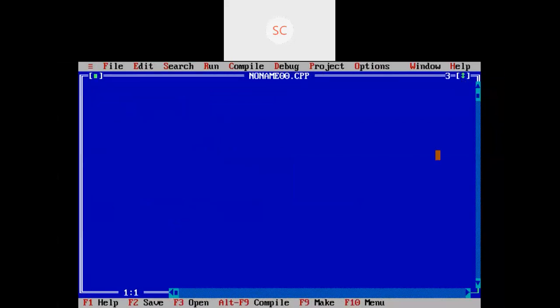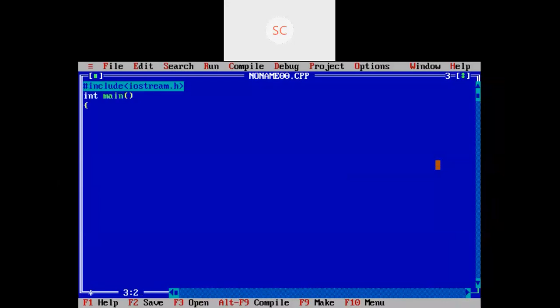Just write hash include iostream. This is the header file. If you are writing in Turbo, you need to include .h here. Then you can go for int main or void main.